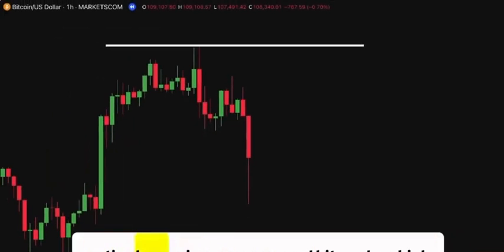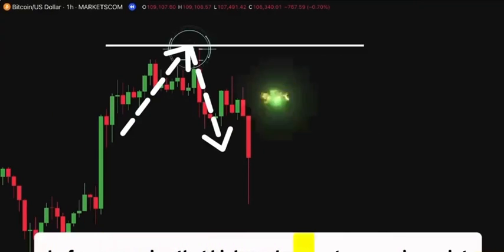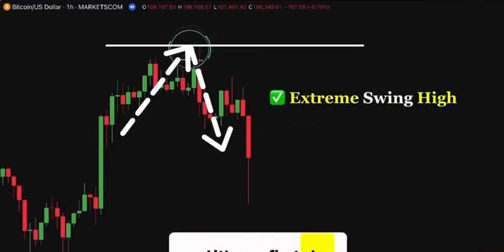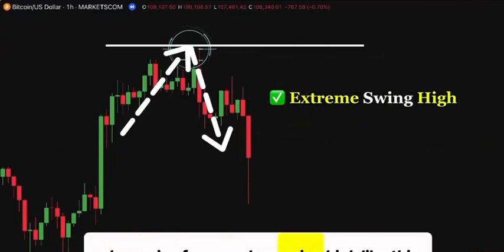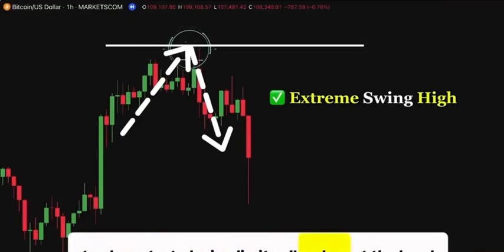Now let's look at another example, this time on Bitcoin versus the US dollar on the hourly chart. Notice how price moves up and hits a clear high before reversing. That high marks an extreme swing point, and it's our first clue that this is a high probability liquidity zone. When price forms a clear swing high like this, it naturally attracts attention. Traders start placing limit sell orders at the level, and those already in short positions place stop loss